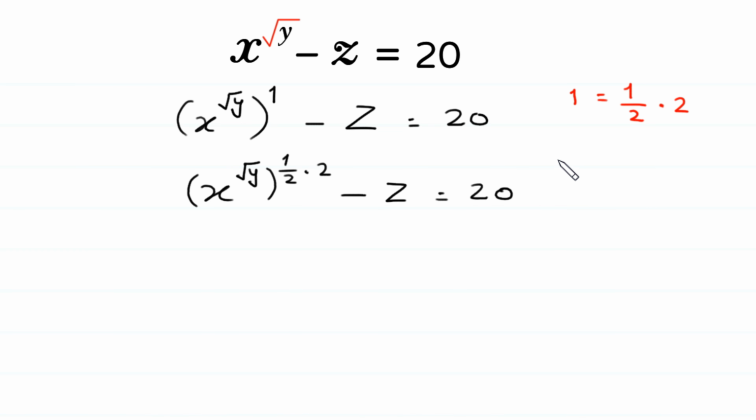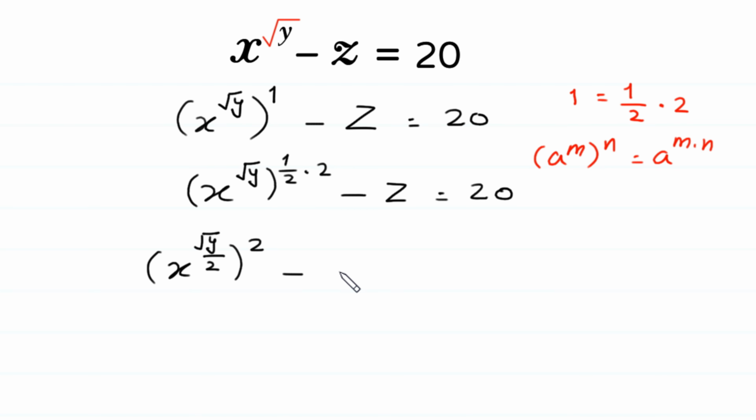Next, according to the property of exponents, a to the power m whole to the power n is equal to a to the power m times n. We multiply this power square root of y with this 1 over 2: x to the power square root of y over 2, whole to the power 2, minus, and we can write this z as square root of z square